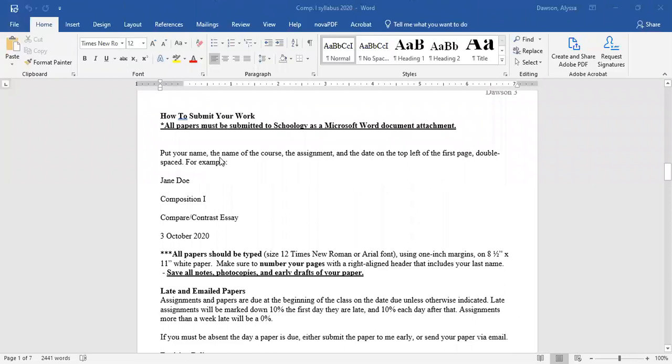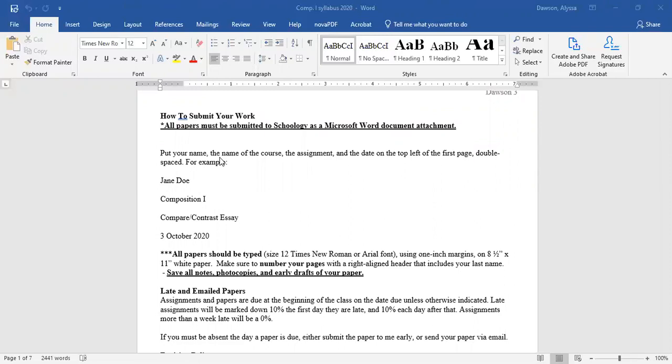This year, though, a major difference is that I want you to submit all your work via Schoology. I'm going to have you upload all of your assignments. I'm not going to take your paper assignments. We were told, and it seems like a good idea, to go as paperless as possible. I did think you might want a paper copy of your syllabus for your binder. That just seems smart to me.